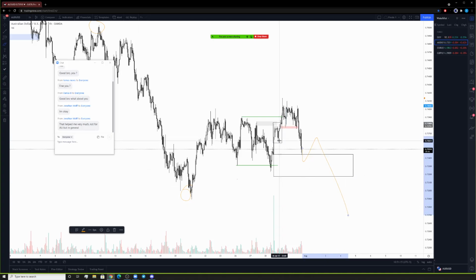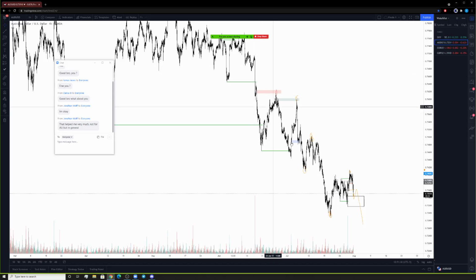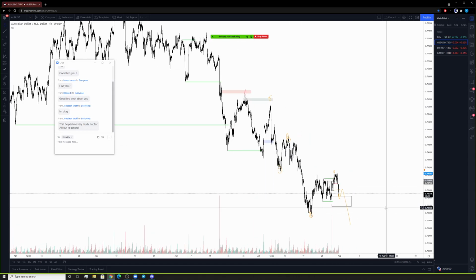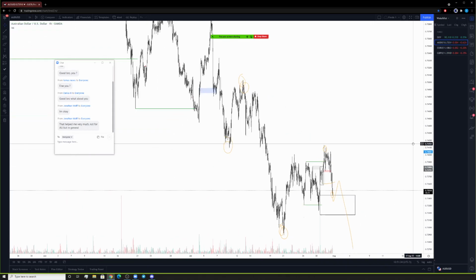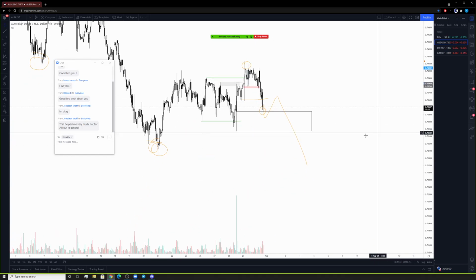Why? Because we have shown a sign of optimism, and the sign of optimism has now been taken. So this is now in harmony with the overall structure. But my issue with that is look at how overextended this is. This is super overextended. So I need something extremely clear. I need a very clear structural range, a very clear liquidity grab, a bearish liquidity grab for me to continue this lower.